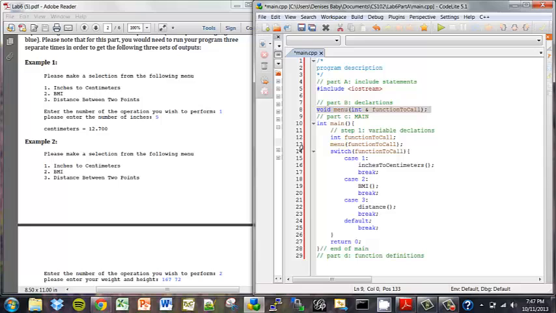So we're going to start with menu function to call. That is the only function prototype declaration that we have up here. Your function definitions go below main, so let's write our first function. It is called menu. It is going to take an int by reference, function to call,